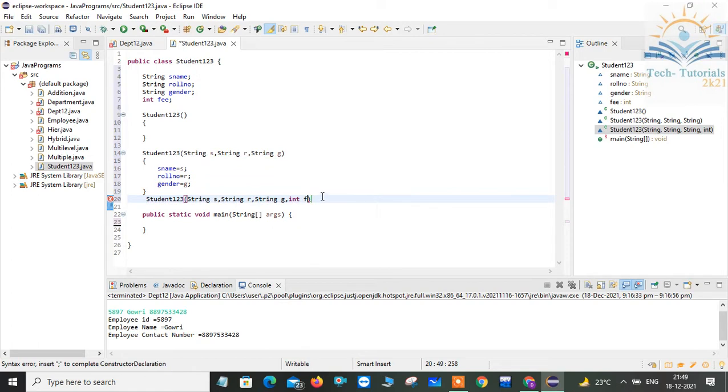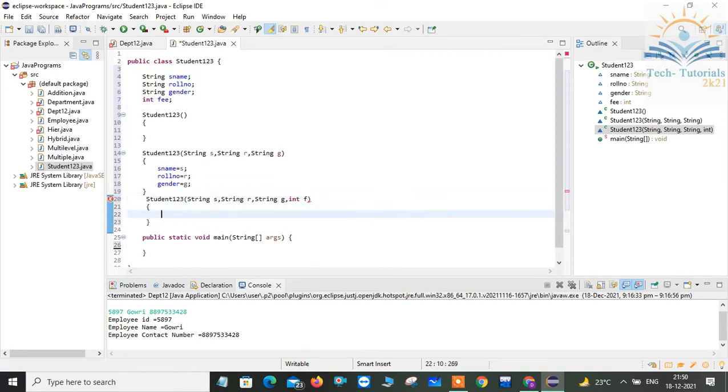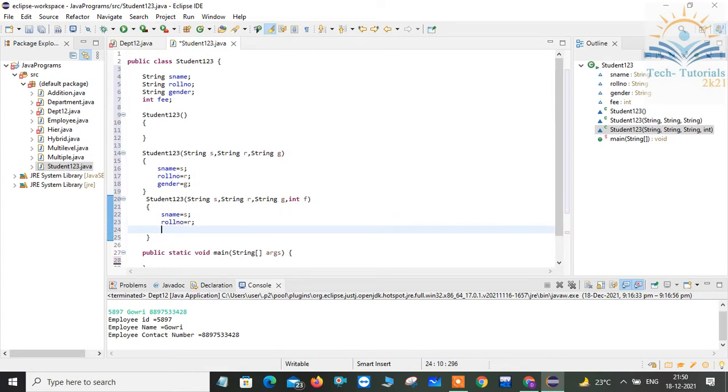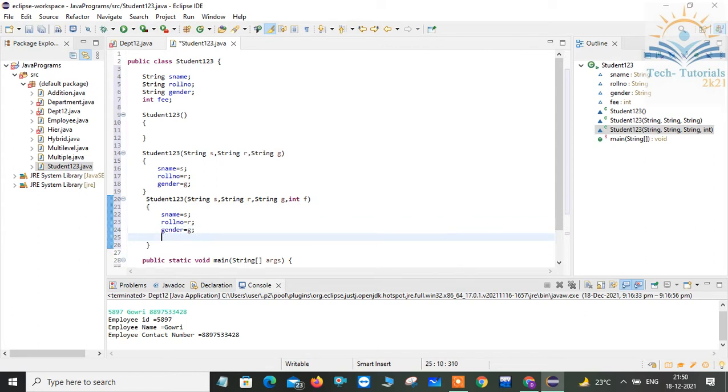Like this I'm taking, and after that in my constructor I'm trying to assign values to my student name, and then roll number, gender, and then fee.